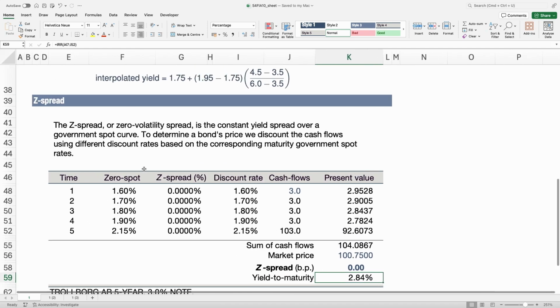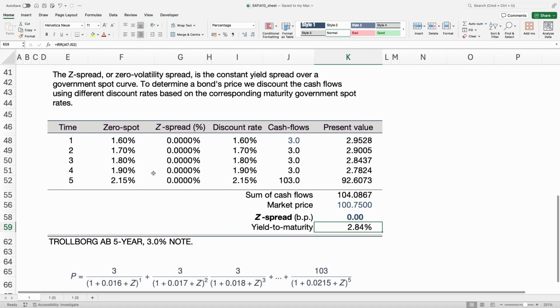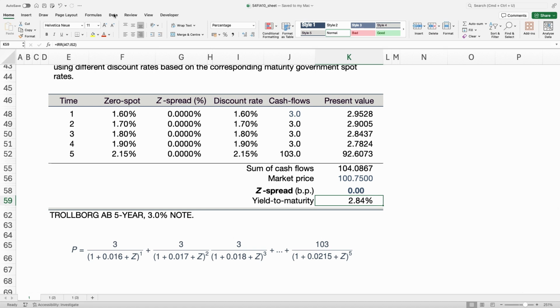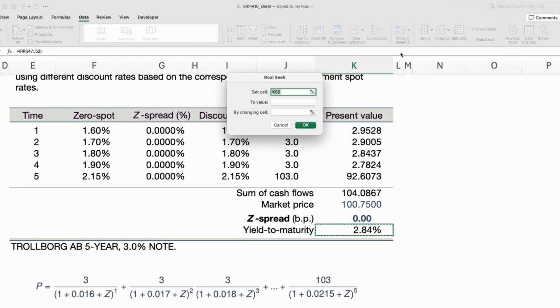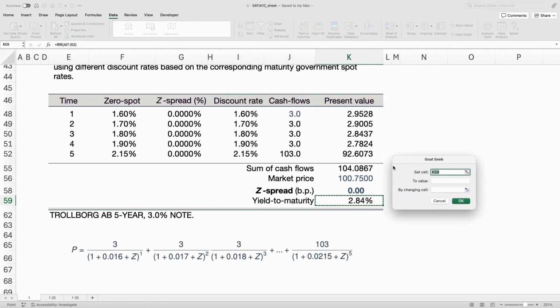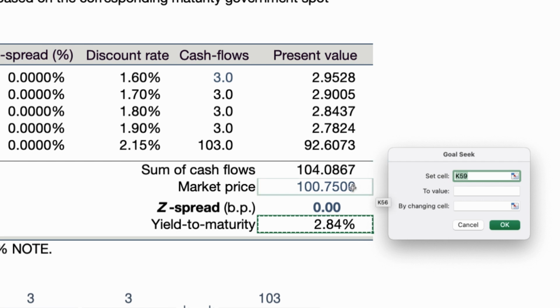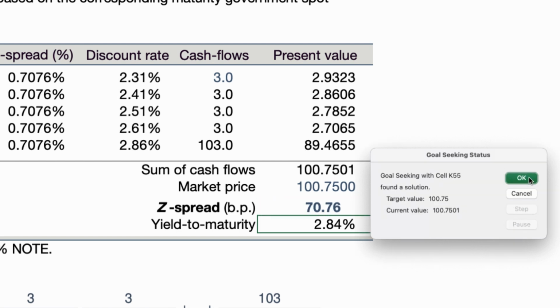To get the same price of 100.75, instead, we could consider the Z-spread, which is a constant spread that must be added to each spot rate to make the sum of cash flows in present value equal the bond's price. And this rate, using Goal Seek, as I'm demonstrating now, would be